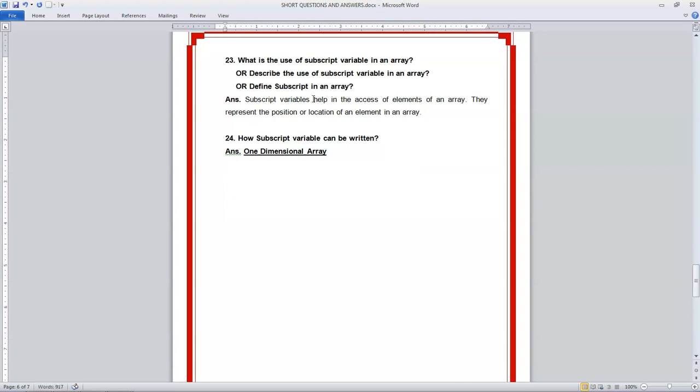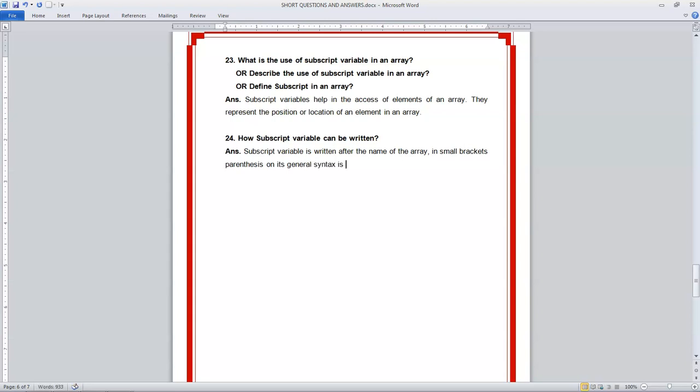The answer is, subscript variable is written after the name of the array in small brackets, parentheses,